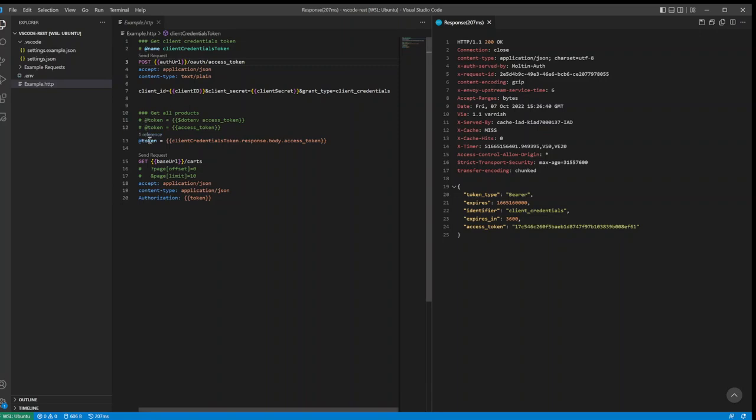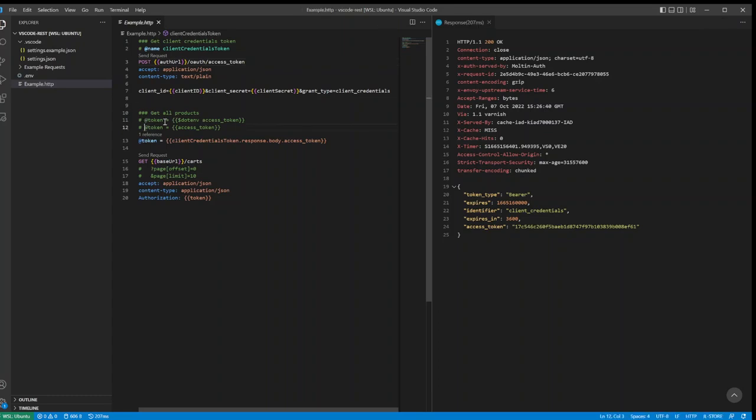So now I have this token to use on follow-up requests. The other way, if you're going to be bouncing around files a lot and not doing everything in one place, is to actually just copy it and either put it in your environment or put it in your settings.json. Now, you'll be responsible for fixing it every time it expires, but you can see the code for those 2